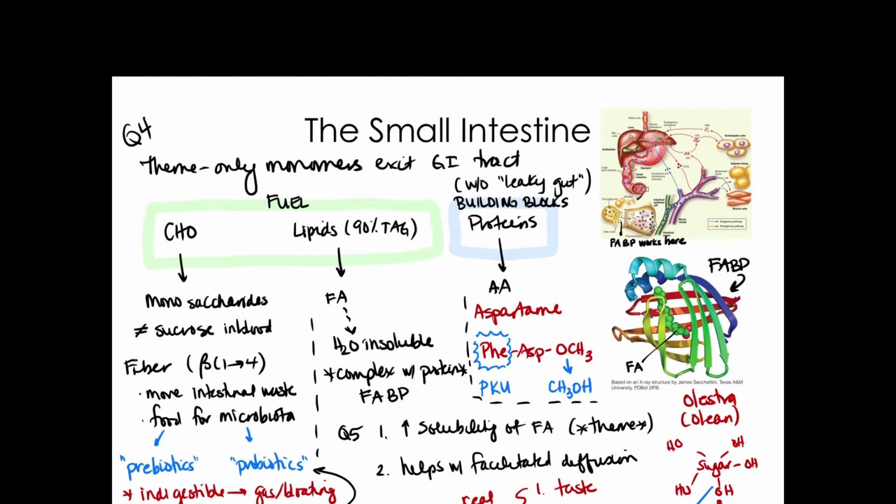Okay, so now we're into the small intestine. We don't really have this highlighted here, but here is the small intestine. So we've gotten past the stomach, we've emulsified, we've done some mixing with peristalsis. And a big theme that I want to make sure we remember is that only monomers are going to be able to exit the gastrointestinal tract. That was part of a homework question, to remind ourselves that only monomers exit the GI tract. If you have things larger than monomers exiting your GI tract through the appropriate channels, it's likely that you have leaky gut. And again, that can be a problem that can lead to a significant